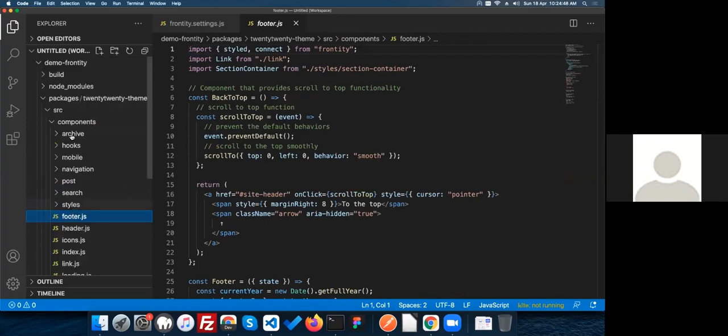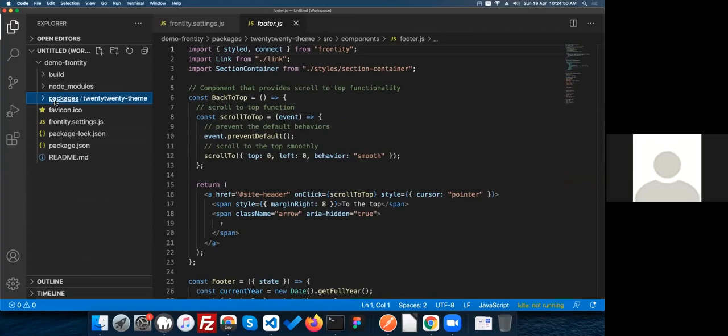Or if you want to choose a different pre-made theme, you can also look into the showcase area of the Frontity documentation official site. There are many things available. If you want to look into that preference, you can look there. Okay. Anything else? Anyone else have any question further?